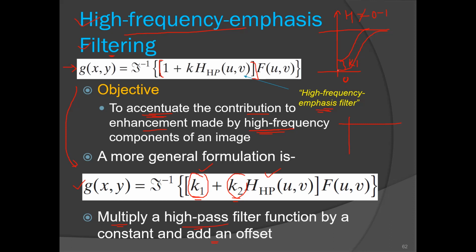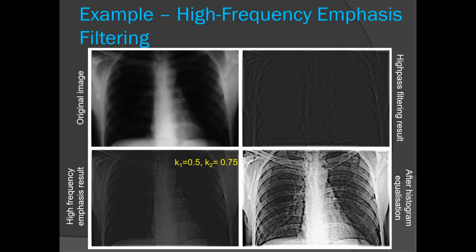Now by doing this, the average of the image is not made 0. When we have a curve from the center, the average becomes 0, right? So now it is from k1. This is the result of the high pass filter, where we make the average of the image 0, so detail is lost here. Background detail is lost, but here, as we have some offset, the background is somewhat preserved. And then we apply histogram equalization to get the processed image.